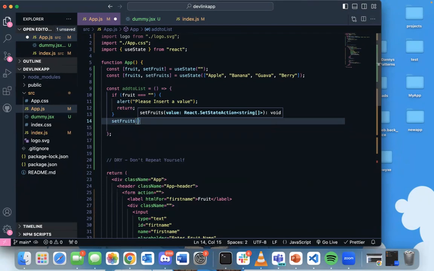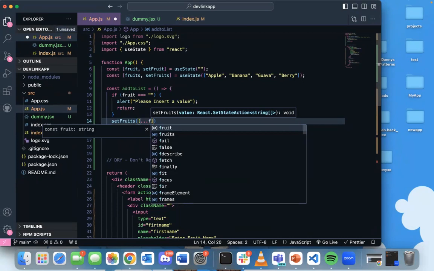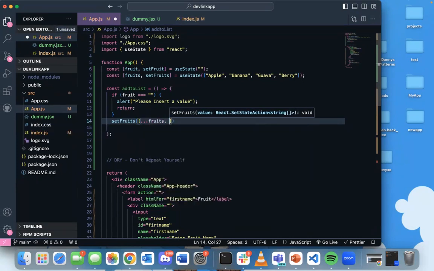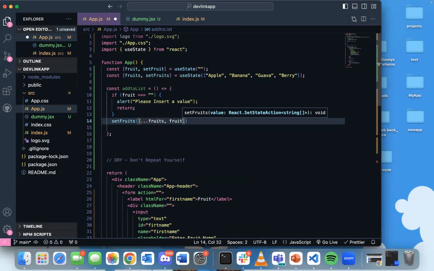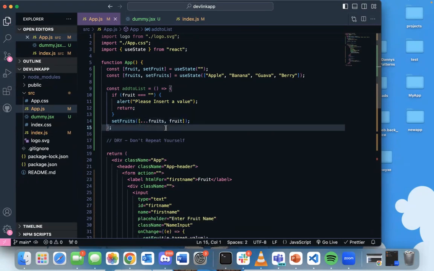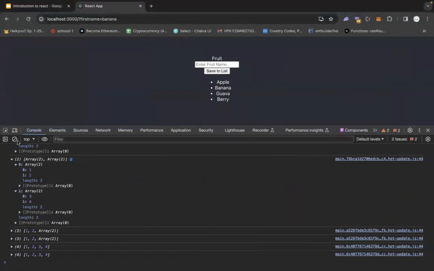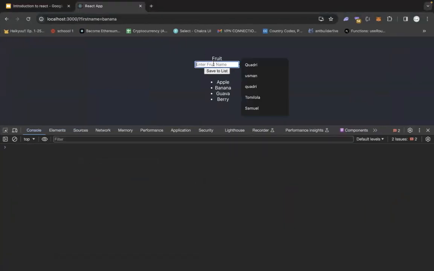I want to set fruits to open up this guy, spread fruits, right? I want to spread fruits, then add fruit. Okay, I think I know what's happening now. This will most probably still not work, but